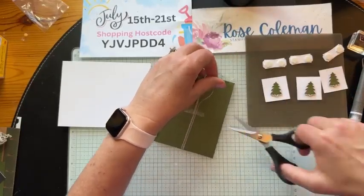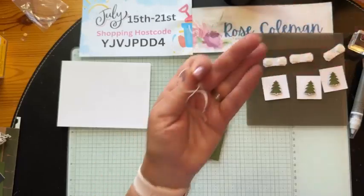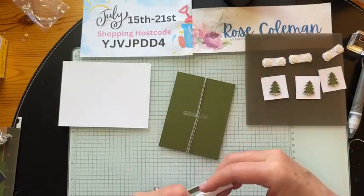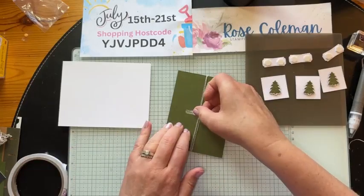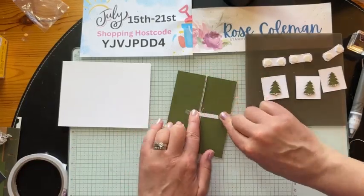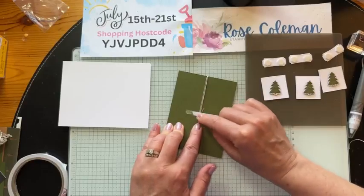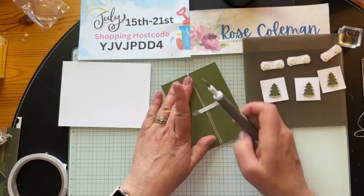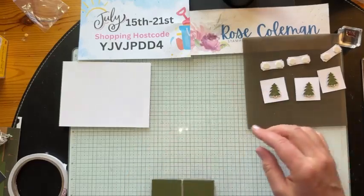I've got an extra bit here. We're going to snip that off. No point leaving it on the back. And then I'm going to do what my friend Christine does. We're going to do a little tear and tape sandwich here. So we're going to put another piece over top like that. So it is down. It is secure by tear and tape on the bottom and tear and tape on the top. Okay,